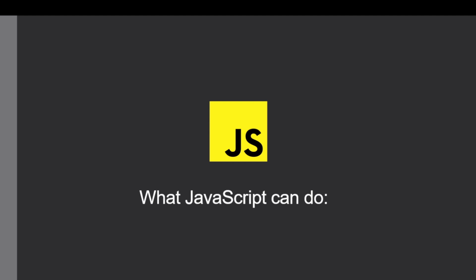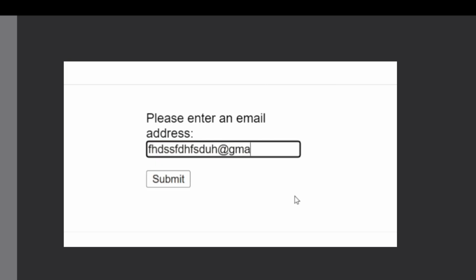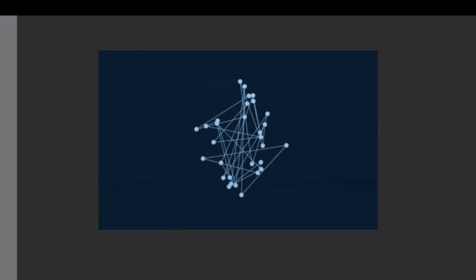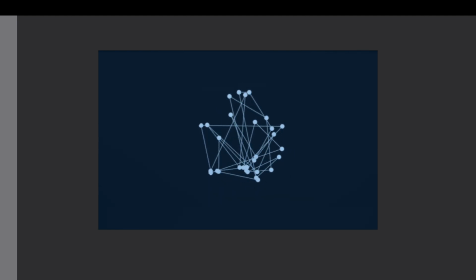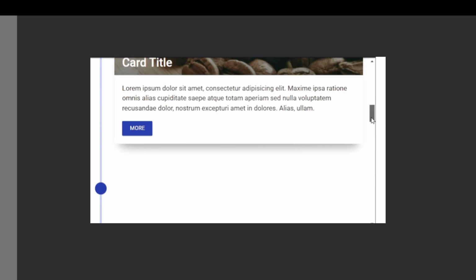What JavaScript can do. Let's talk about the amazing things JavaScript can do. When you use JavaScript, a bunch of exciting stuff can happen directly in your web browser. For example, think about when you click buttons or type things into text fields, JavaScript can jump in and check if everything is okay. It's also the secret behind those cool things you see on websites, like moving animations, menus that pop up, sliding effects,